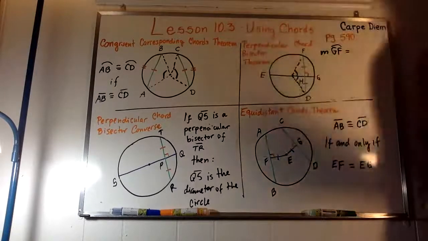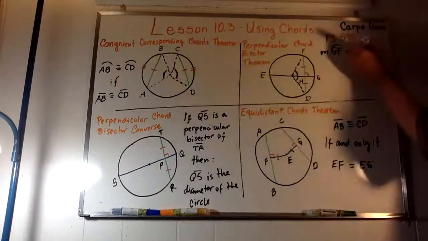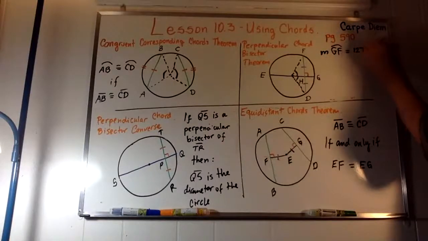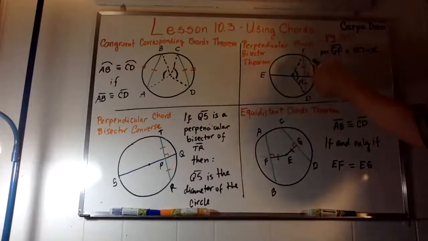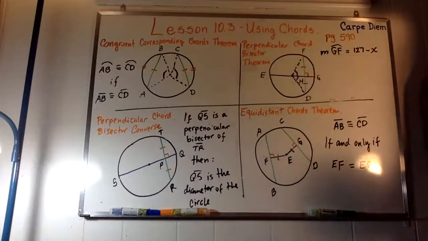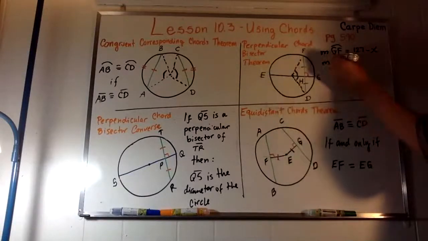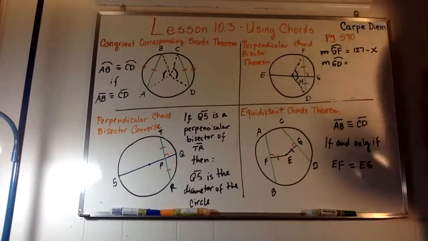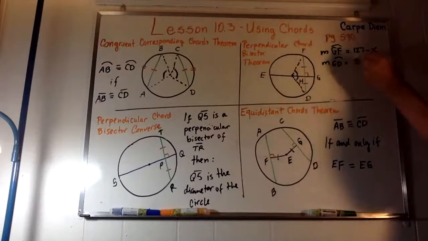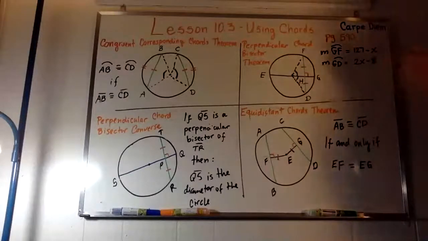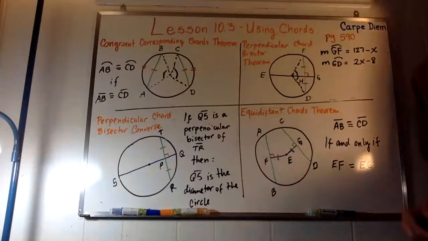And actually, they don't give it to you just like that. They say that this arc is 127 minus x, all right? And now, let's say that the measure of the minor arc GD is 2x minus 8. All right. With that information, okay,